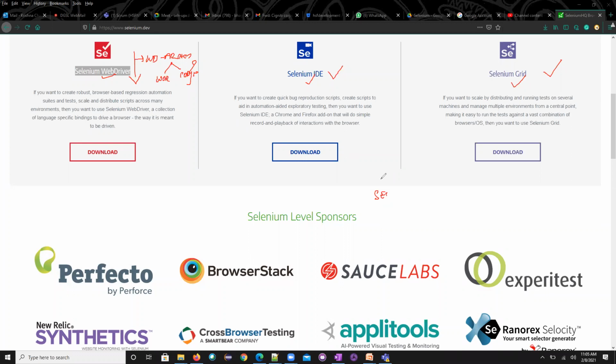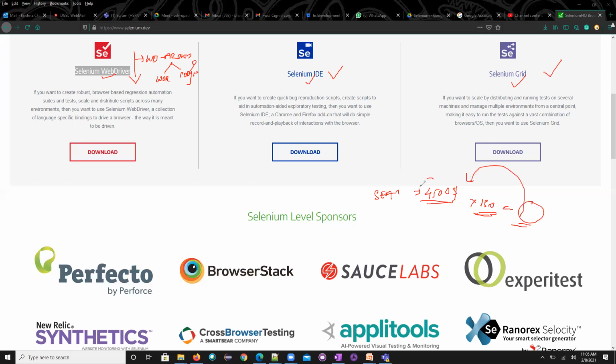QTP is one of the top most commercial tools. Before 12 years, the cost of one seat license node was 4,500, not rupees, dollars, and we used to have 130 seat licenses. You multiply this and see how much cost we need to invest in test automation.